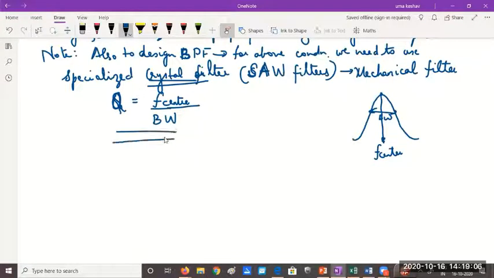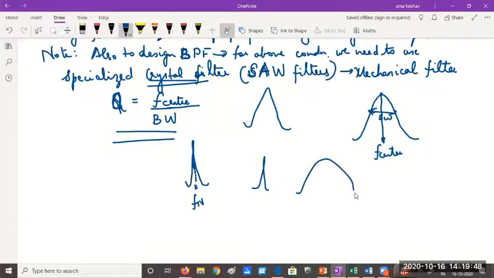This quality factor is a very important parameter in the sense that it will decide the trade-off between the center frequency and bandwidth, or let me say the trade-off between how sharp the filter characteristics should be and what should be the design conditions. See, if I want a very sharp filter like this, I want to filter out only one particular frequency. Say this is the noise frequency. I want to filter out only this and eliminate this frequency. I should design a filter like this, having characteristics like this, rather than like this.